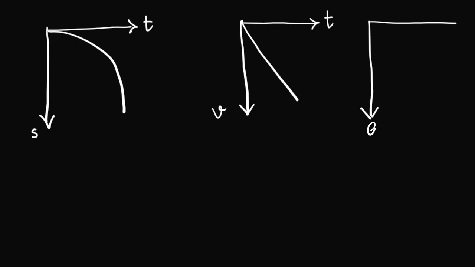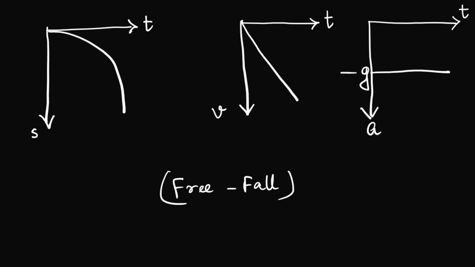And if it is uniformly accelerated, and I am drawing the acceleration versus time graph of free fall, as it is uniformly accelerated, it would be like this, and this particular point will be termed as minus g. So these are the equation of motion graphs for free fall of a body having one dimensional motion. Of course, we are neglecting the air resistance here, and this is the position time graph. This is the velocity time graph, and this is the acceleration time graph. Okay, so this is it for free fall.